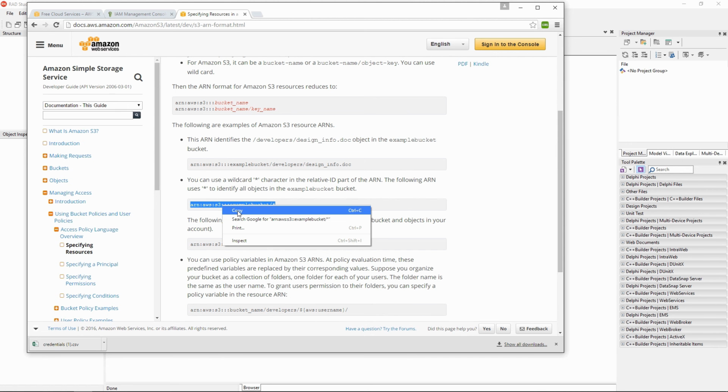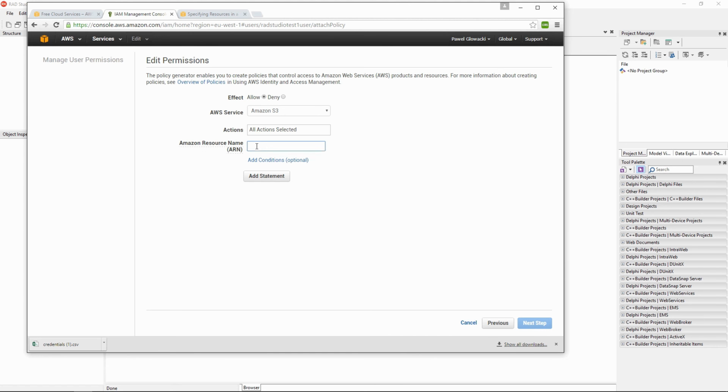I'm going to copy this syntax and put it in my Amazon Resource Name, but instead of example bucket I'm going to specify my